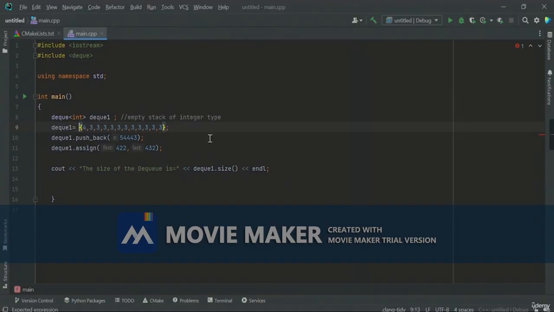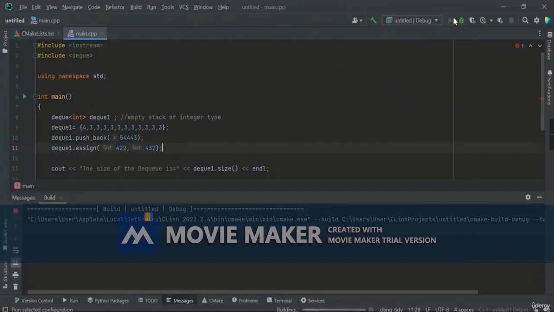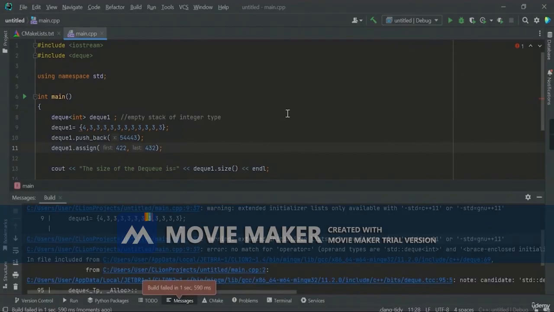Okay, so here we have initialized our DQ, as you can see, and let's hope it works. Okay,